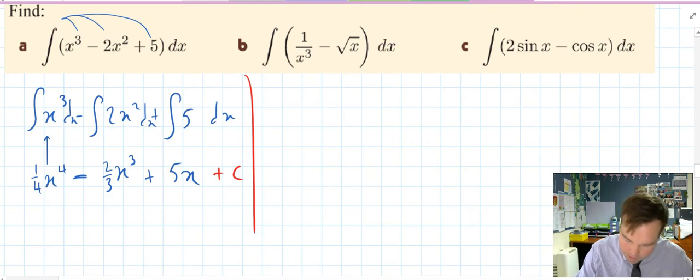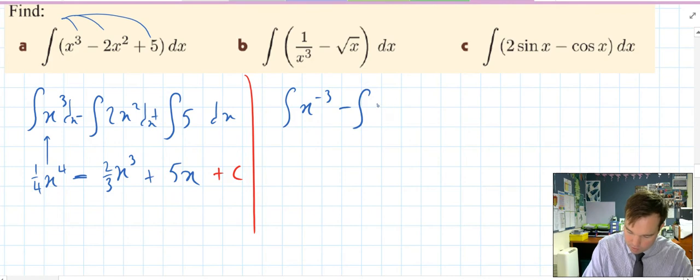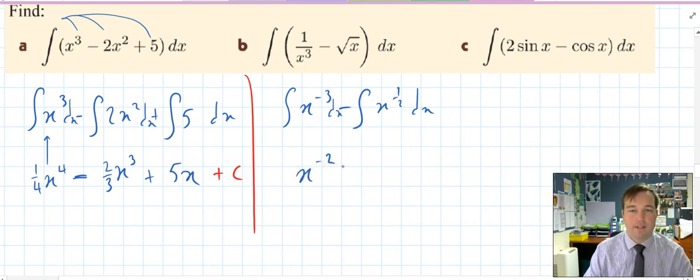Alright, going on. Now here, once again, we're looking at this in parts. So I will write this as the integral of x to the minus 3 minus the integral of x to the half. And both of these are dx, dx. I have a bad habit of forgetting to write the dx's down there, but really you should. Alright, an integral of x to the minus 3 has come from a minus 2, because when you drop the power down, on the front, what's happened is the minus 2 comes out, which means there must be 1 over minus 2,